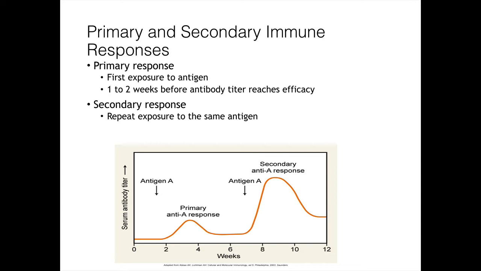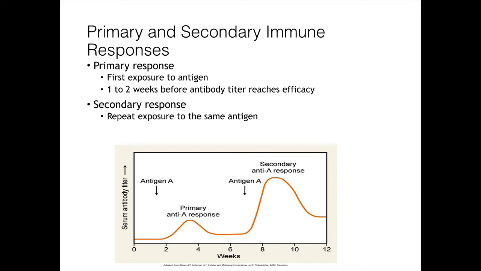But if it's the same antigen, you've got memory. They already know this. They've seen this. They've played this game before. That antigen has already been marked as something that you definitely don't want there, and those memory cells are going to respond immediately and produce a whole bunch of antibodies right away,